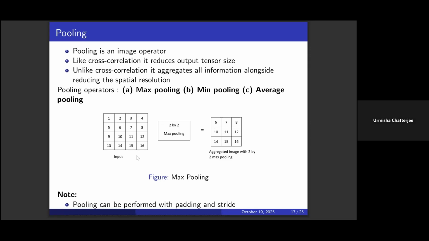This is useful when we have very large output images, even after say one layer of cross correlation operations. Two things to note here during pooling. One is we can do pooling with padding. That means first we add some layer of zero values around, and then we can do the pooling similarly. Or we can do pooling with stride. That means we consider the window skipping one element at each time.